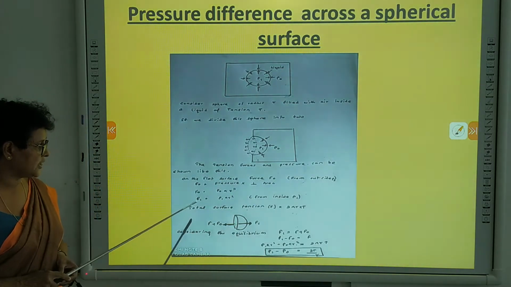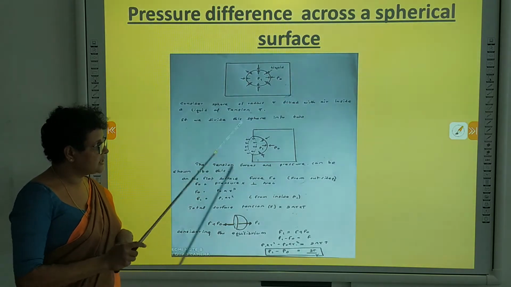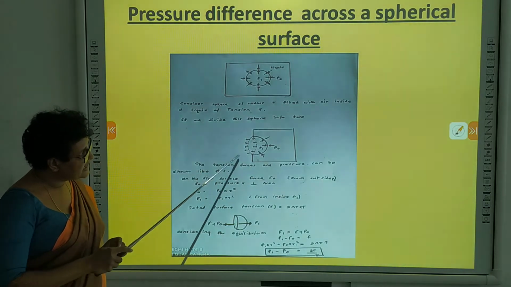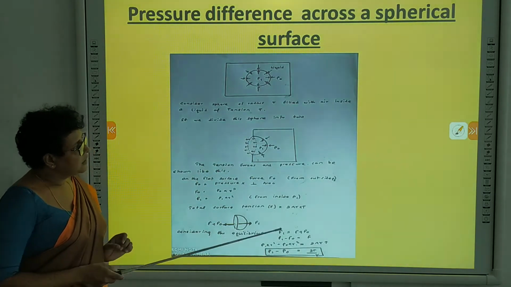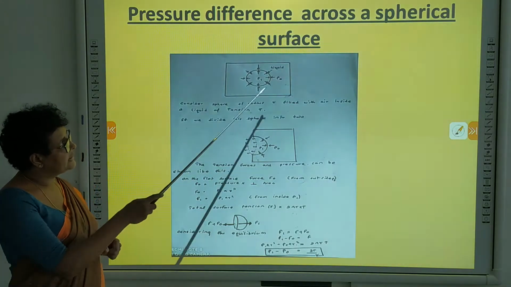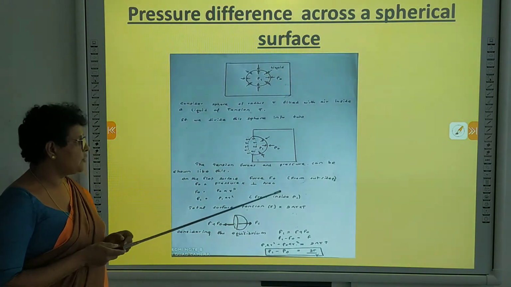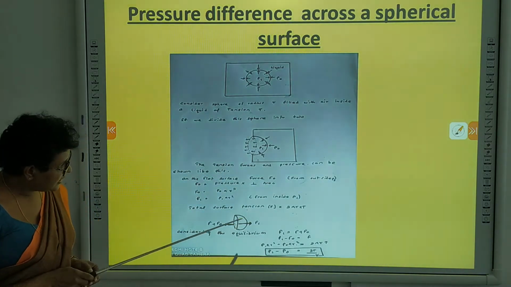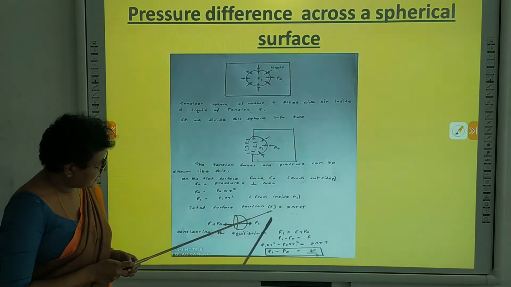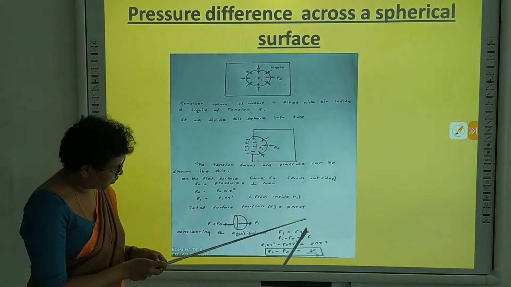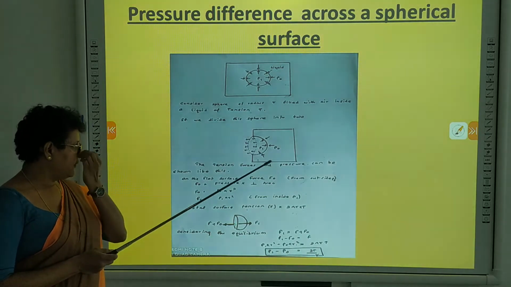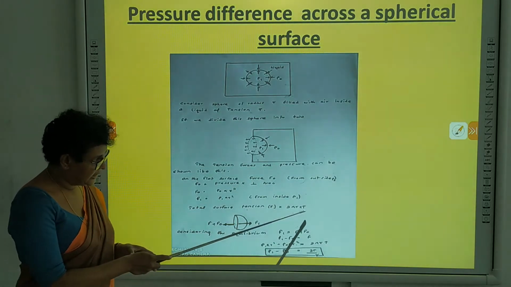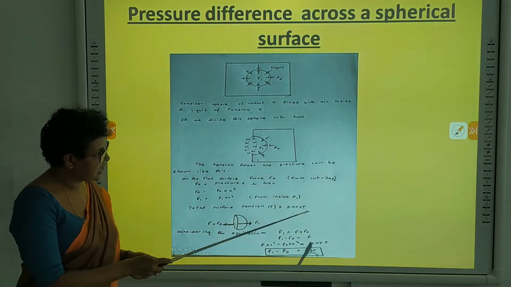Now you know these two forces, but you want to calculate the tension force also. Look here now. The circle, outer circumference is 2πr, right? Now this is a water bubble, right? Here outside water, inside air. Therefore we are considering only one circumference, 2πr, right? Because we know that in the definition, the surface tension is for unit length. For unit length it is T, for 2πr it is 2πr into T.